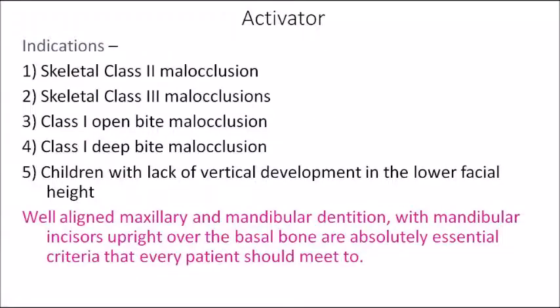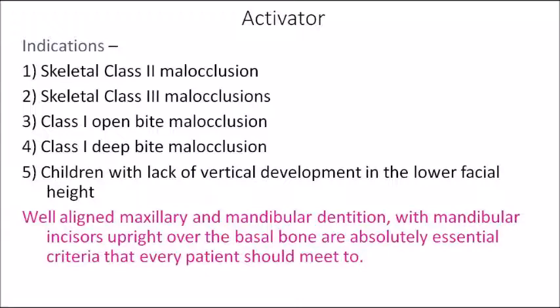Now, apart from the brief history of the activator, for exam purposes it's extremely important that we identify the cases or scenarios where the activator is indicated. First and foremost, the activator is ideally indicated in skeletal class 2 malocclusions, both division 1 as well as division 2. Obviously, in division 2 cases, we will always go for alignment of the dentition first, and only then give any myofunctional appliance. The same applies for the activator.